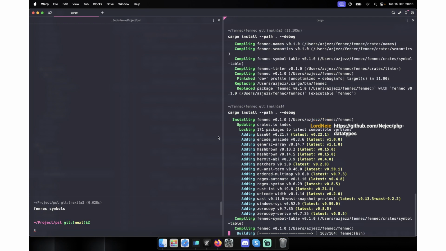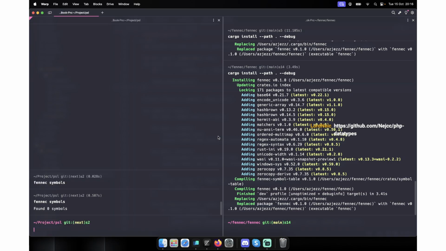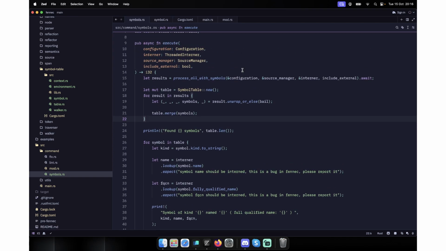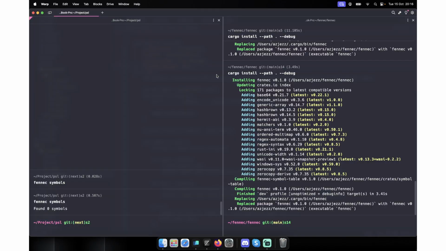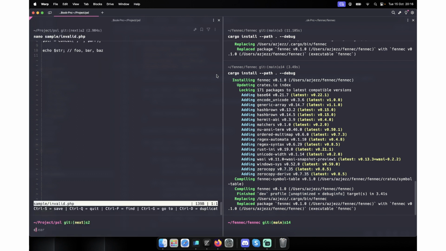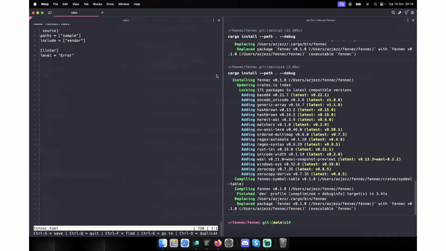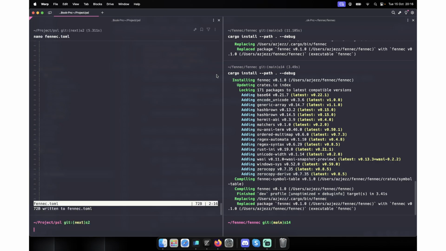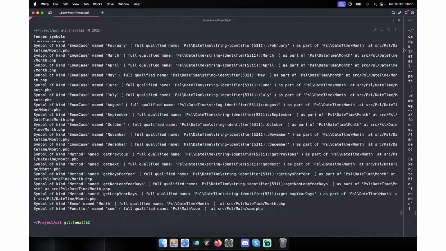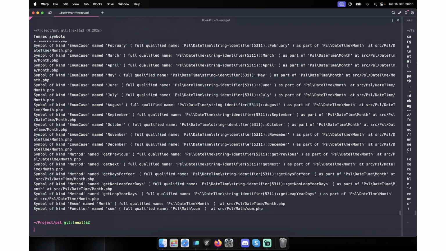Zero symbols. What? Huh? Look. Oh, yeah, I did find zero symbols, and the reason is because I changed this thing. Yes, now it works. So let's just